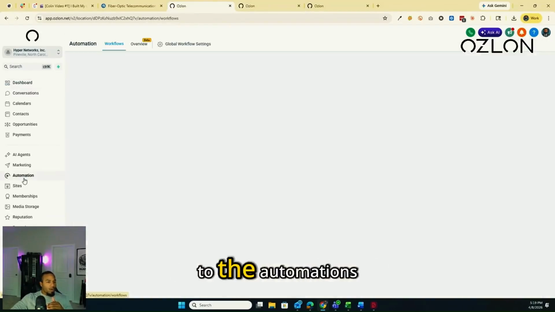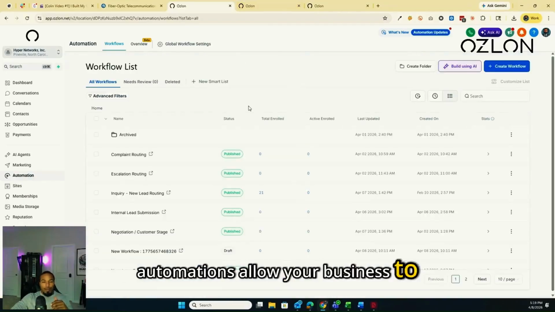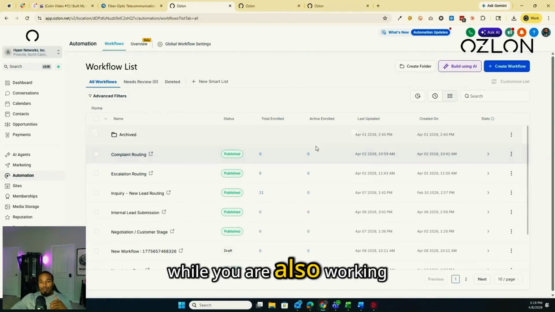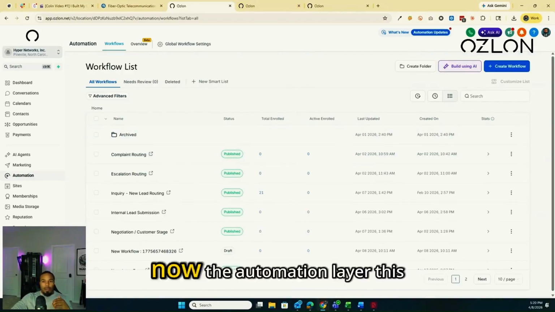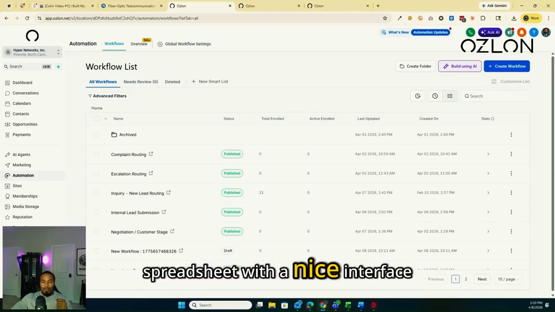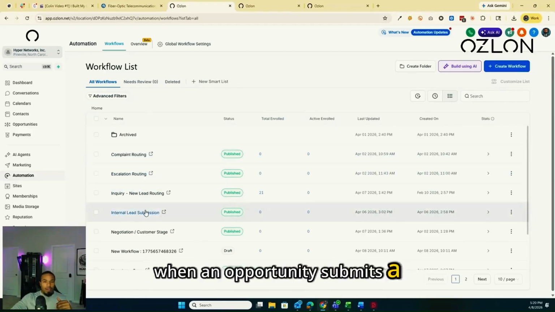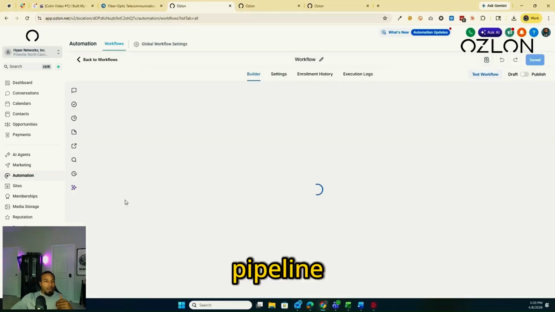And then when it comes to the automations, this is where everything is key. Automations allow your business to breathe while you are also working on the business. Now the automation layer, this is what makes it a system instead of just like a spreadsheet with a nice interface. Workflow number one, when an opportunity submits a lead into the system, it hits the pipeline, and this is